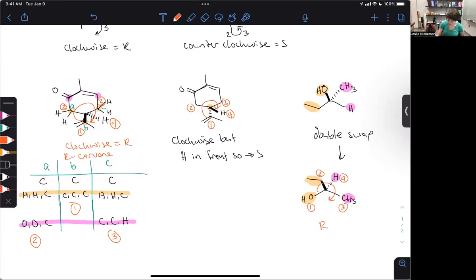Okay. Because there's nothing funny going on. We've got the H in the back. We're all good. So the other way that you can do it is, again, your model kits. Okay, so I'm going to just start by making the enantiomer according to my viewpoint, and we'll see how that goes. Okay, so H, OH is going to be